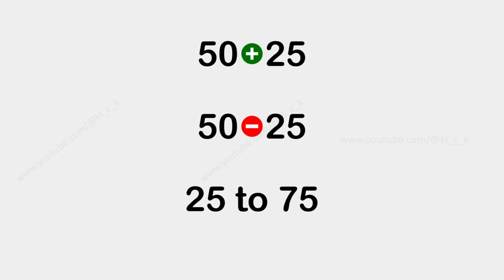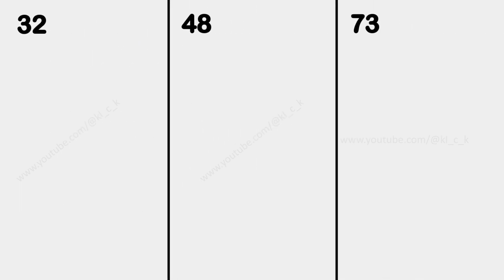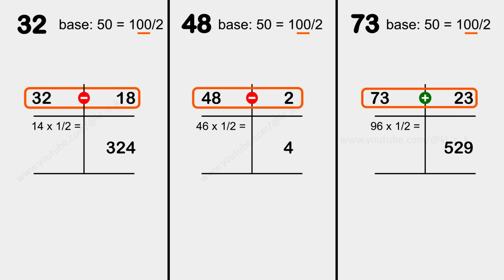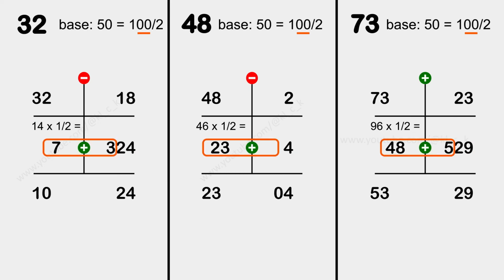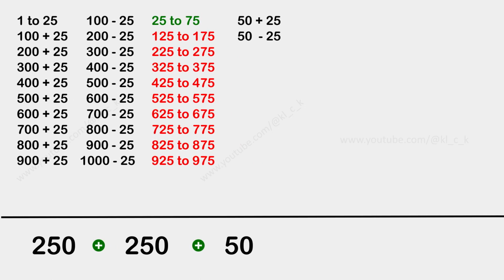Now, first let's learn to find the square to the numbers with base 50. Here we follow the same process as before. Just follow the explanation steps with 1 by 2 as base multiple. That's it. Let's do few examples. We mastered another 50 squares. In total, now we are capable of calculating 550 squares.